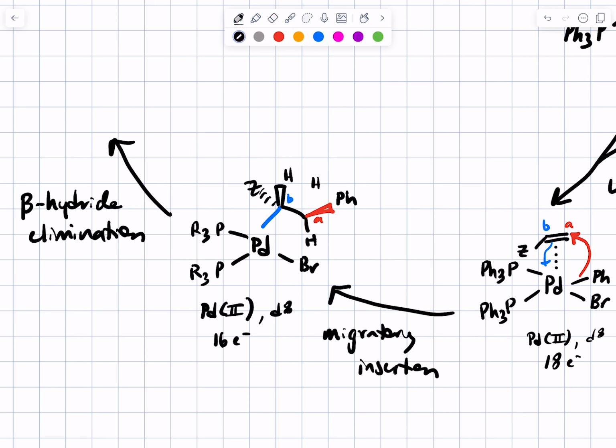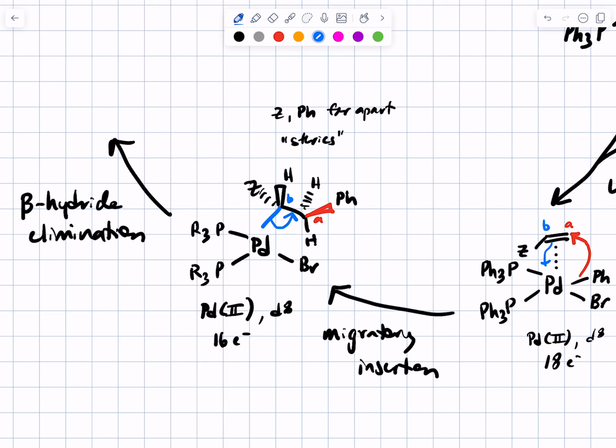But notice that those 2 carbons are not actually stereocenters, so there should be a way to rotate in such a way that the phenyl group and the Z group are maximally apart from each other, while one of the protons on carbon A is close to the metal. So sterics explains this step. You want to have the Z group on carbon B and the phenyl group on carbon A as far apart as possible. Then what happens next is the electrons from the palladium carbon B bond will kick down and form a new pi bond,